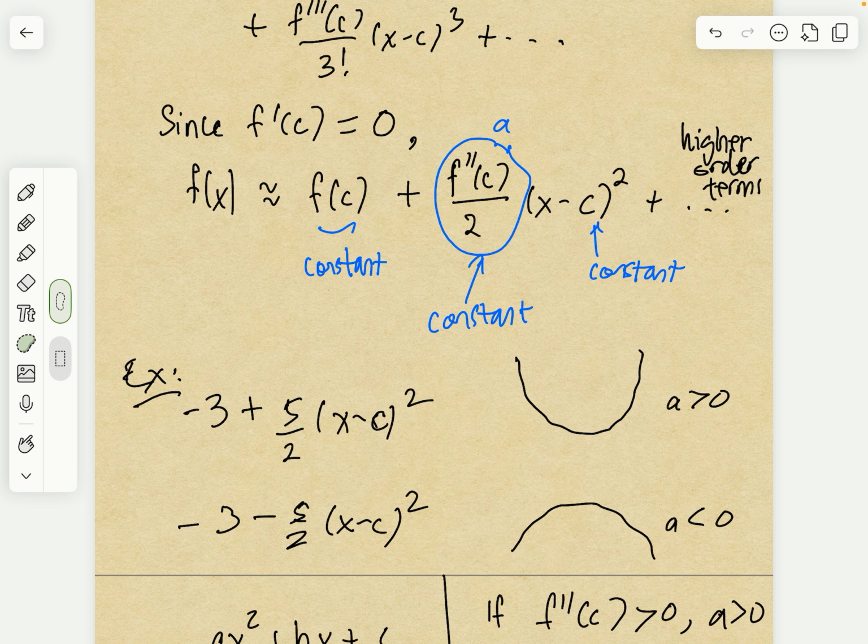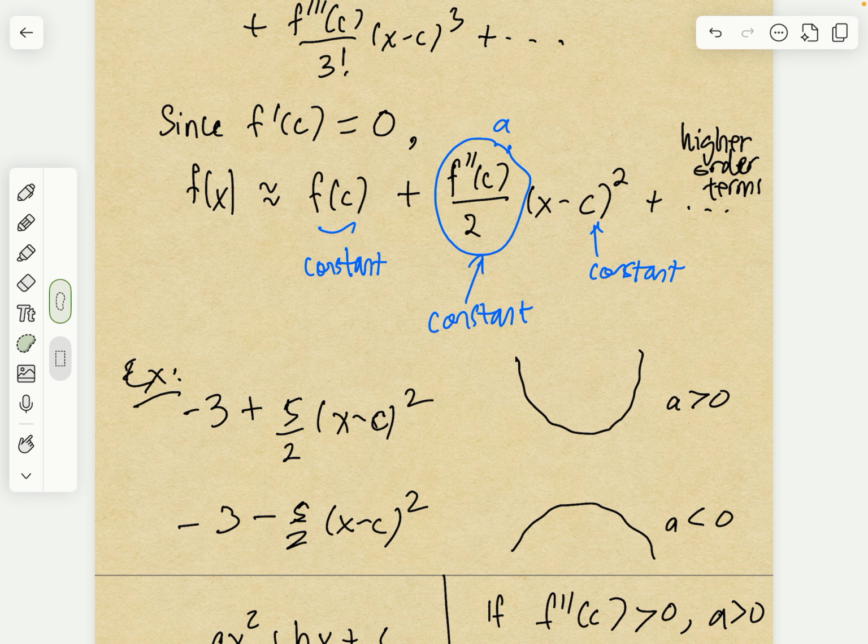It would be a quadratic function. But it's going to be a quadratic function plus something times x cubed, plus something times x to the fourth, and that kind of thing. Your Taylor series is going to have higher order terms, but part of the Taylor series theorem is that these higher order terms are not going to affect the